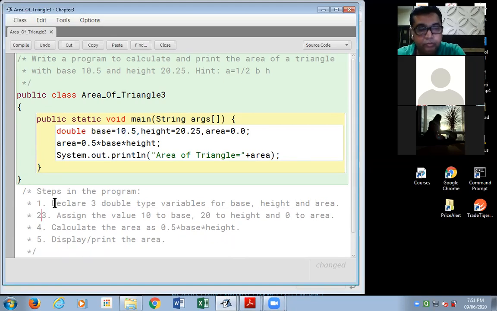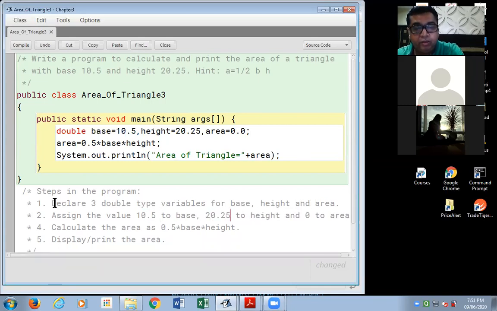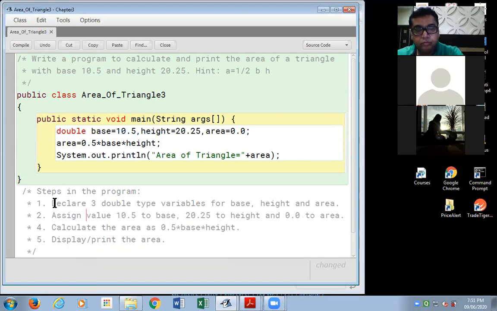Second step, assign the value 10.5 to base, 24.25 to height, sorry, and 0.0 to area. Next, the third step that we have performed: calculate the area as 0.5 into base into height, and then display or print the area.